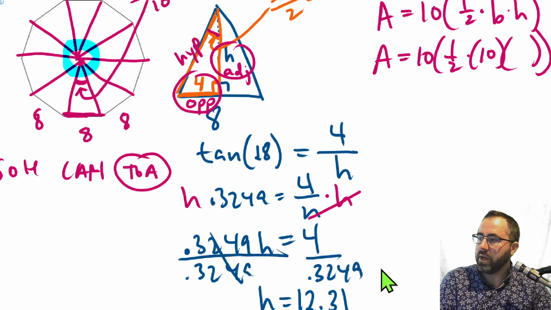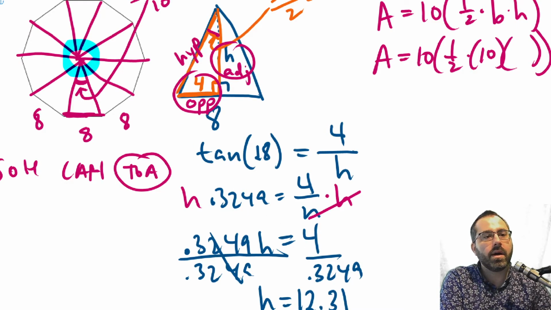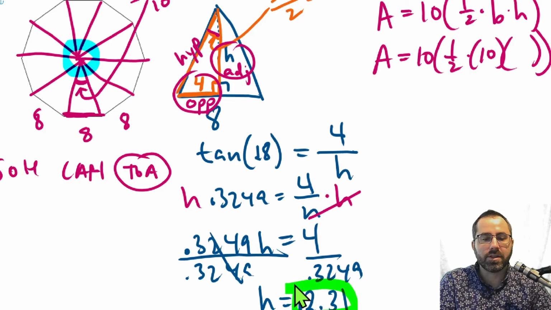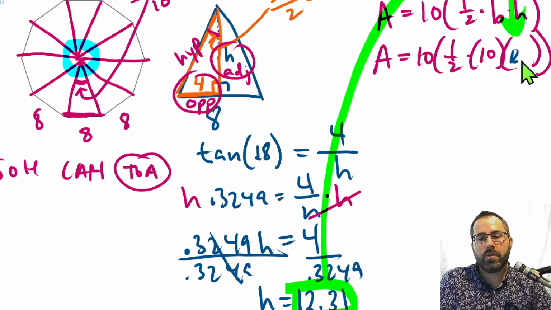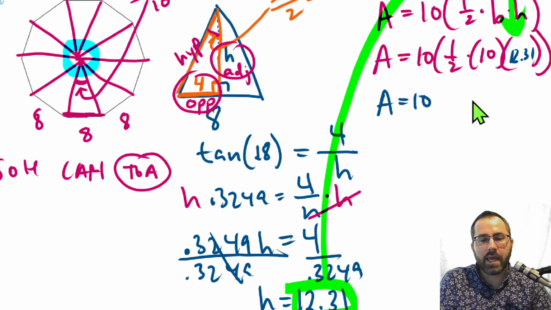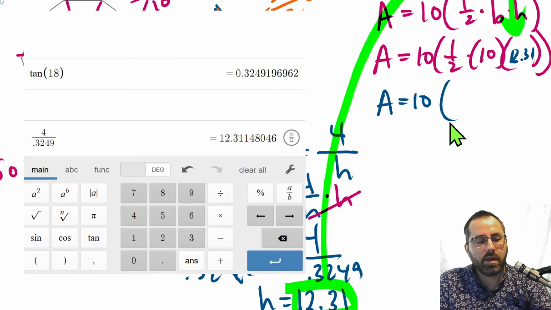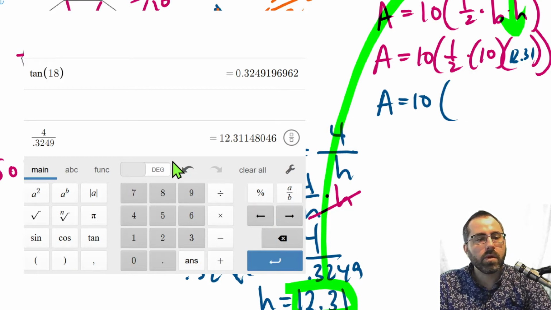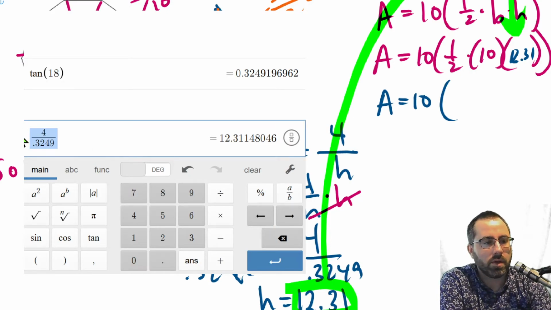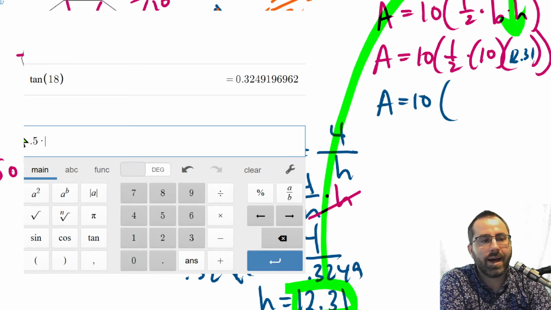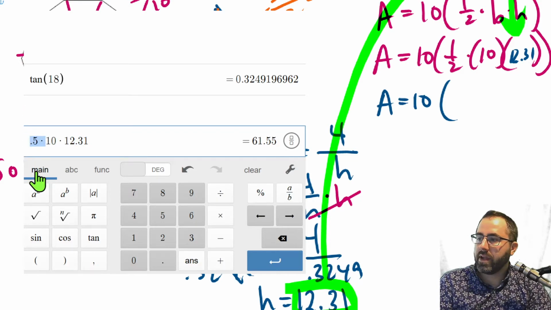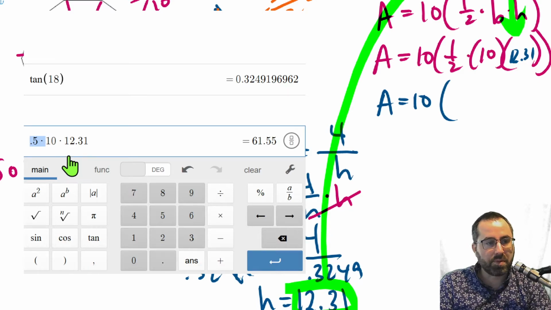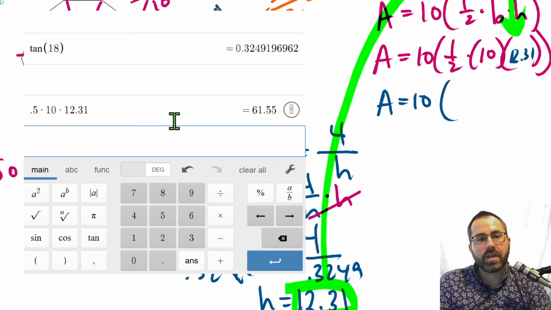So let's fill it in. So this 12.31, not that you really need it, but this green highlighter shows you where it's gonna go. It's gonna go right there. And so this will be 12.31, and now we just multiply. So the area will be 10, and then let's multiply. I'm going to do 0.5 times 10 times 12.31, and the 0.5 is, of course, the same as a half, and that's the easy way to multiply by a half, is to multiply by 0.5. So that comes out to be